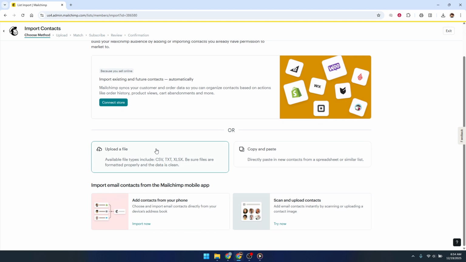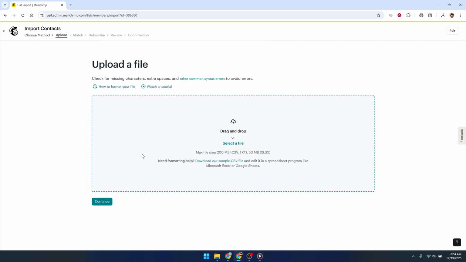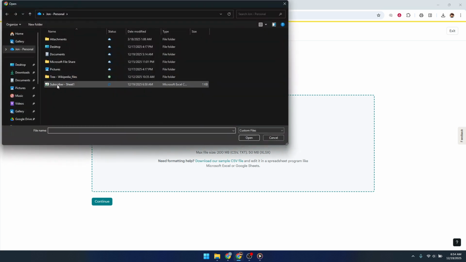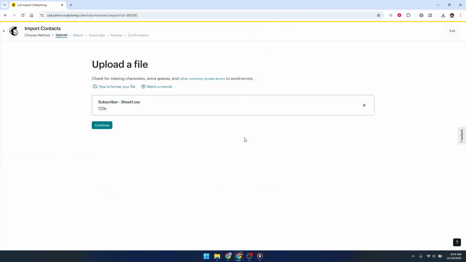Select the option to upload a file and then click Continue. Now you can either click to select your file from your computer or simply drag and drop the CSV file you created earlier into the upload area. Once your file is uploaded, you'll be asked to confirm which audience you want to import these contacts into. Double-check that you're choosing the correct audience, especially if you manage more than one, so you don't mix up different